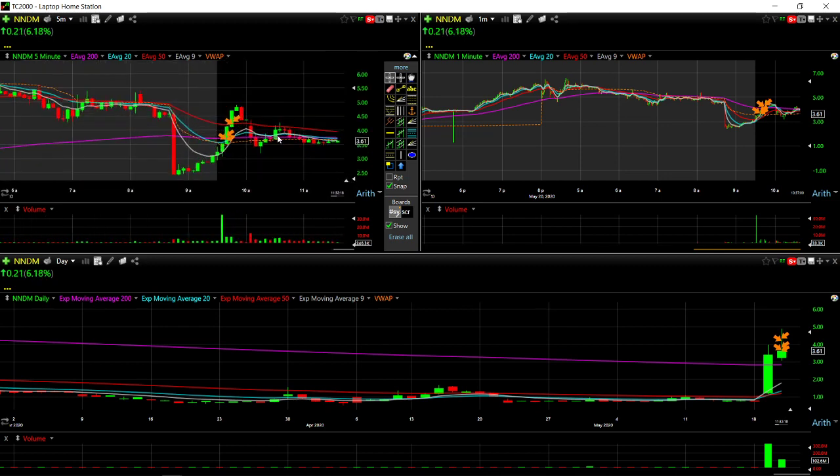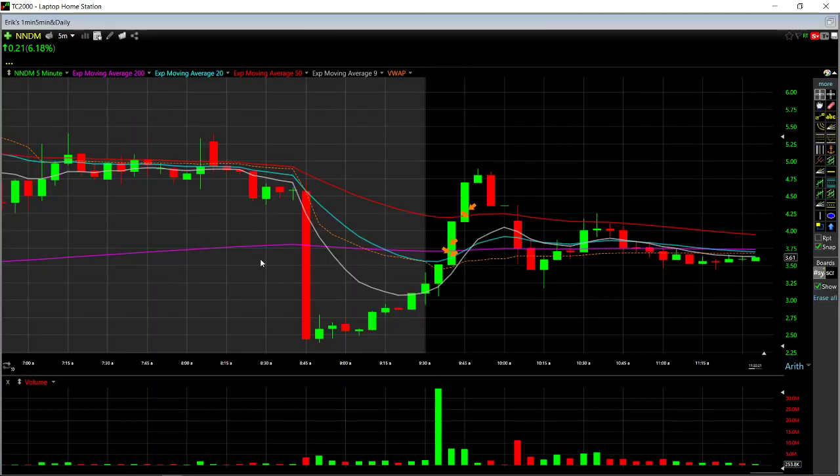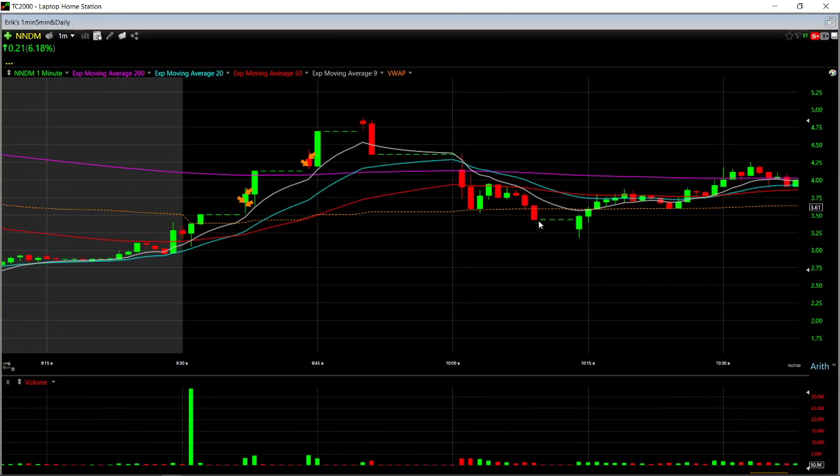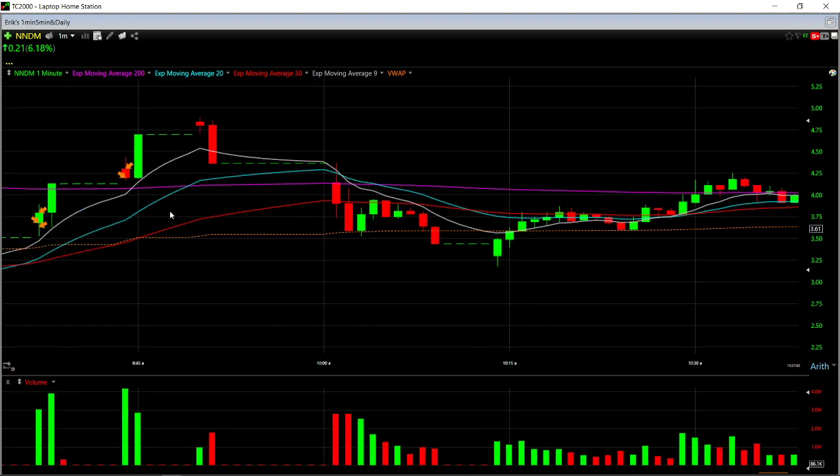sold off. As you can see here, it came all the way down to a low of 250, then bounced back up. I wasn't watching this one, I wasn't too interested in it, but it ended up showing some strength out of the market open. So I ended up getting in here after this halt for a move higher. I got in not at the best spot, probably around 360. It moved up a little bit, up to about 375, and then I sold the rest down here for a small loss at 360, and it